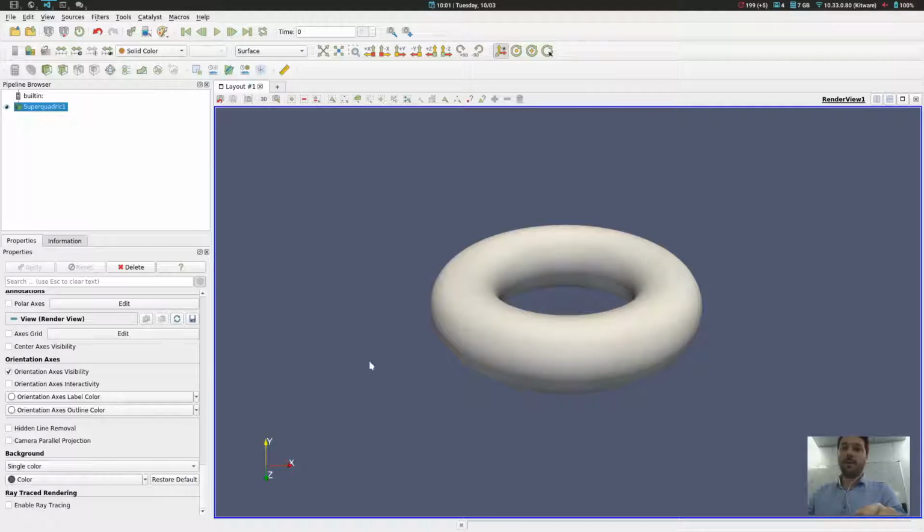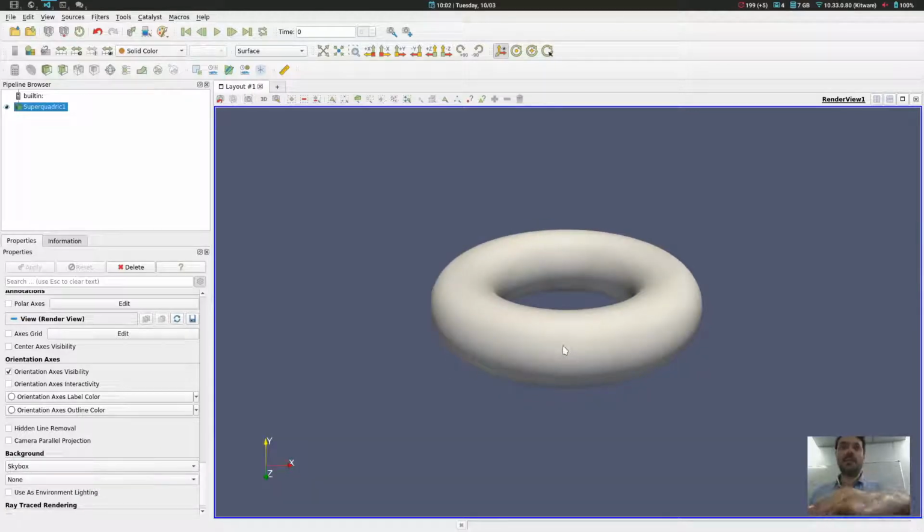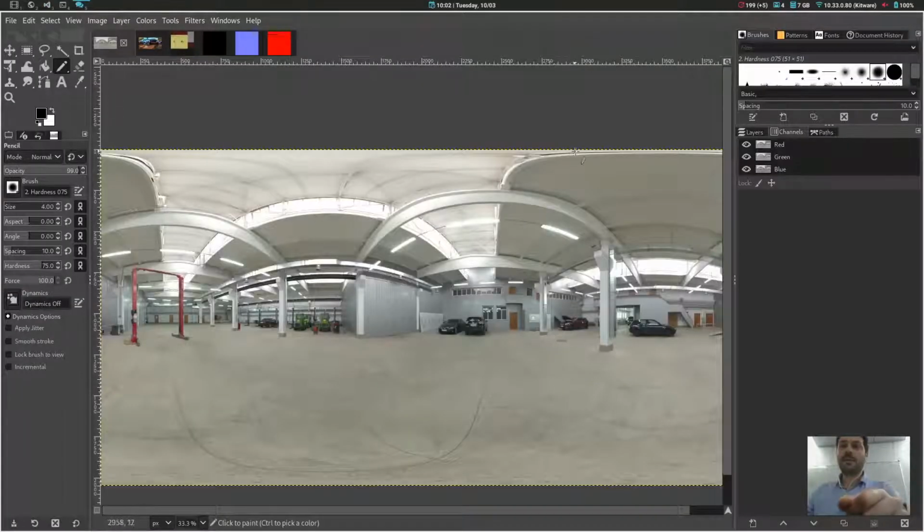You should be familiar with it. You have here all the options to configure the color of your background, and you have also many options to have a gradient if you prefer, or an image. But we have also added recently in this version a skybox. So basically, a skybox will take images like this. We call this an equirectangular projection. So this is a full scene image that will be represented at full 360 degrees.